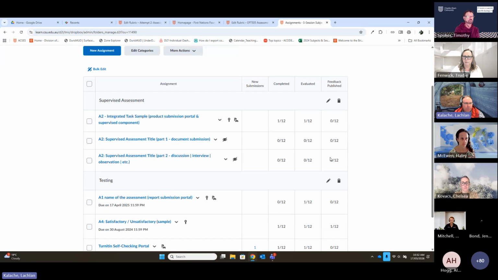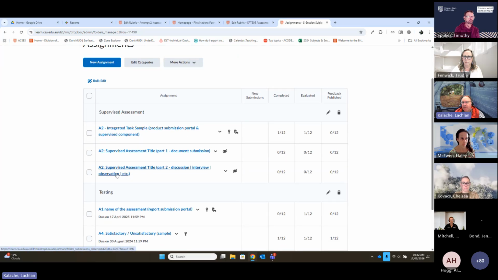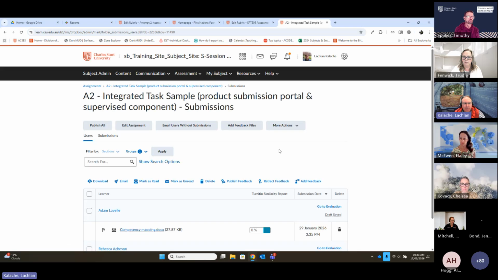Okay, so there's two different ways that I've approached setting up gradebook portals here. One of them is a single portal. That means that we're engaging with the supervised component and the submitted artifact all in the same place. And if we open this up, we can see that there's a